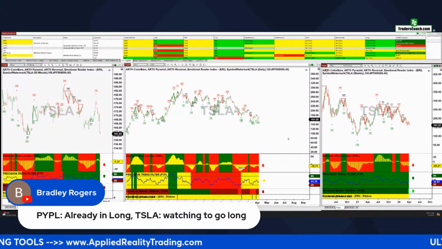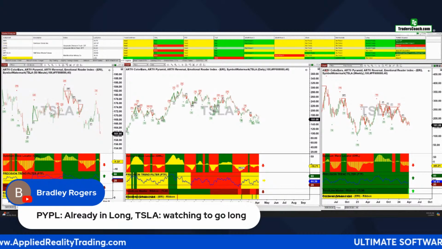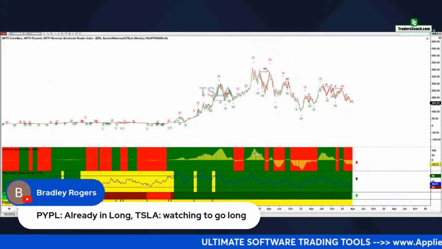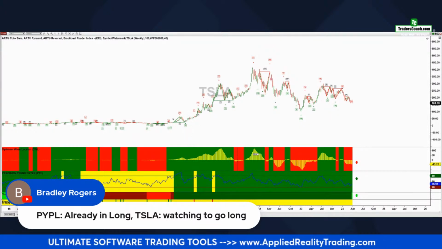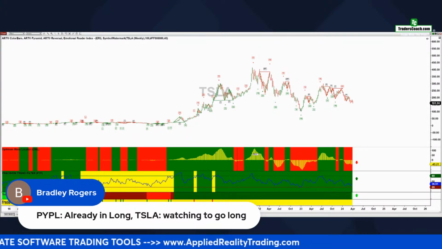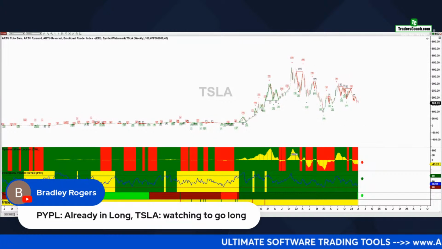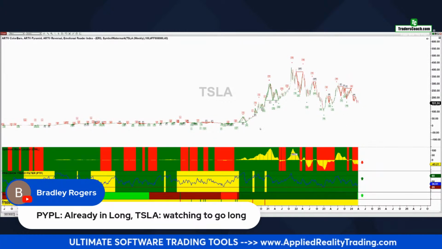All right, so Tesla. Let's take a look at Tesla long term. All right, so Tesla, big run up. Started just around the year 2000 even, big run up. Had a big correction down, and now we're moving back down to test this bottom here. Not totally unusual after you have a new impulsive wave to come back down and test it.